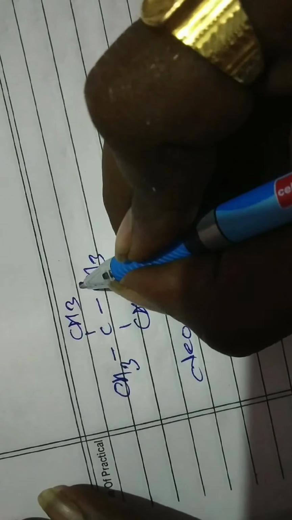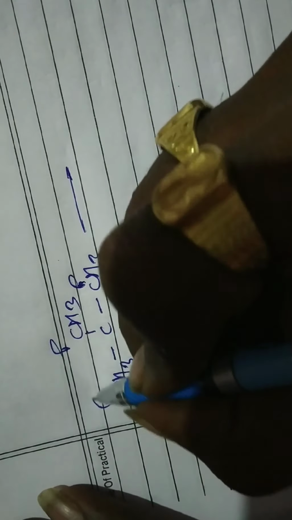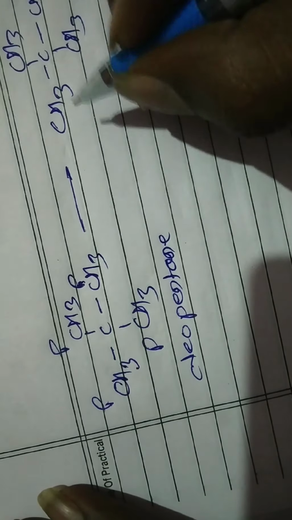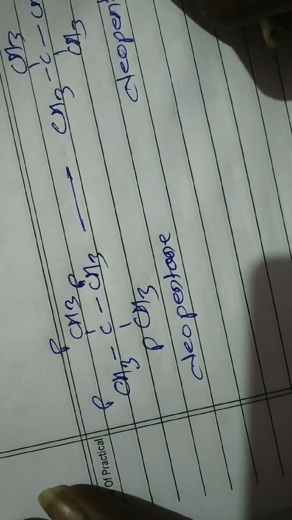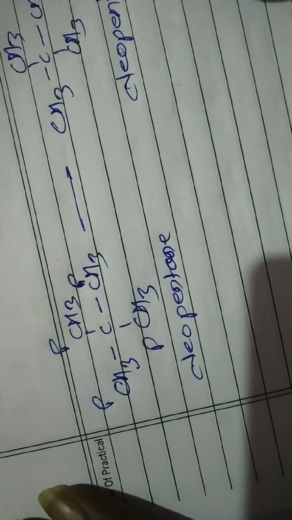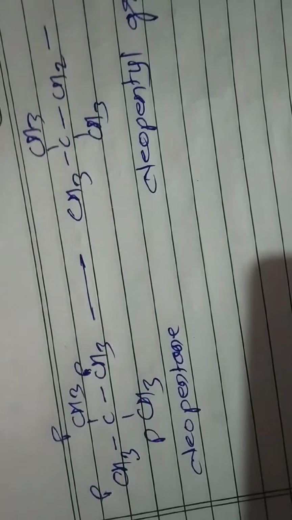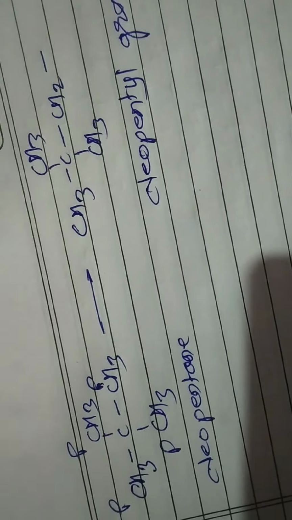If the primary hydrogen atom is removed from any side, the structure of this group is like this, and obviously it is the neopentyl group. Neopentyl group. Now, there is no possibility of any other type of group. No primary, no N, no tertiary, no secondary, only neopentyl group.